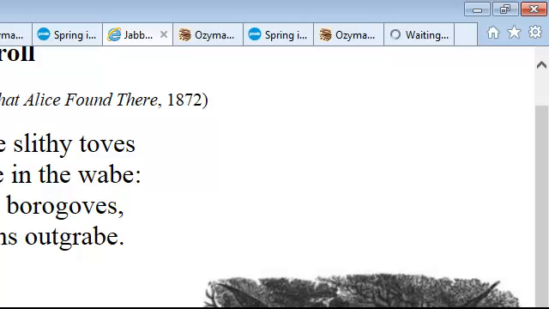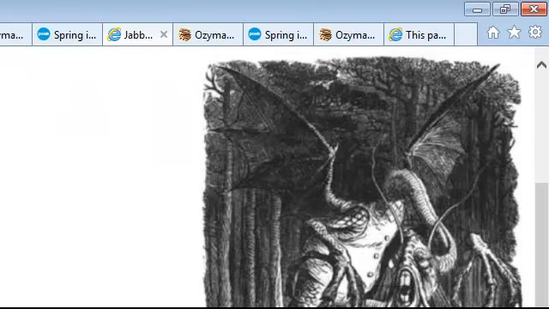'Twas brillig, and the slithy toves did gyre and gimble in the wabe. All mimsy were the borogroves, and the mome rats outgrabe. Beware the jabberwock, my son, the jaws that bite, the claws that catch. Beware the jub-jub bird, and shun the frumious bandersnatch. He took his vorpal sword in hand. Long time the mansom foe he sought. So rested he by the tum-tum tree, and stood a while in thought. And, as in uffish thought he stood, the jabberwock with eyes of flame came whiffling through the tulgey wood, and